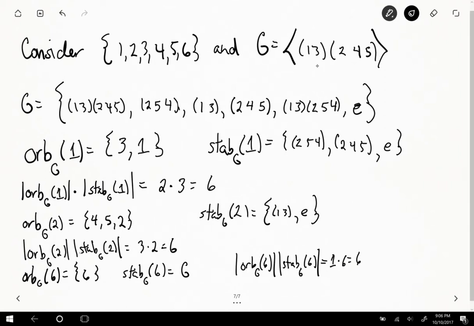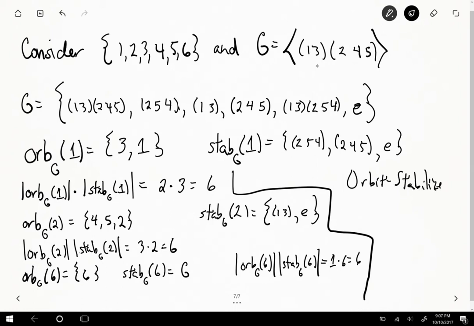Is that a coincidence? Well, no, not quite. In general, there's an orbit stabilizer theorem, and that's what's going on here. It's a theorem that we can make good use of too. The orbit stabilizer theorem basically says, G can be any general group acting on any set we're looking at, and we can look at any element, or even a group of elements. But if we take the order of the orbit of G at this point i, multiplied by the stabilizer